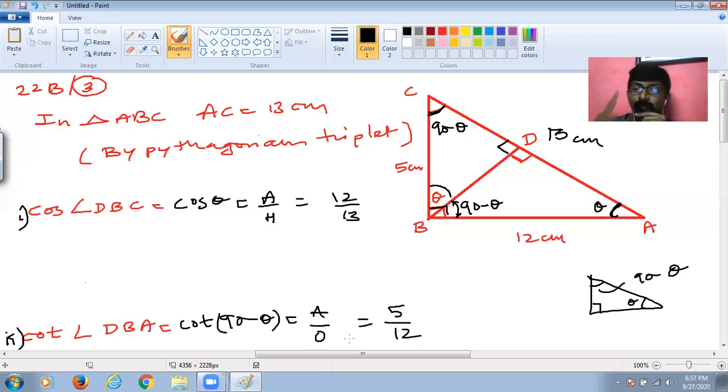And one more very important thing, students, you have to write all these things whatever we did over here. Let this angle be theta, so this will become 90 minus theta. So in this small triangle BDA, if this is 90, this is 90 minus theta, then this is going to be theta. In triangle BDC, if this is theta, this is 90, then this is going to be 90 minus theta. Just the angle sum property. You have to write it in all the places. I hope you've understood till here.